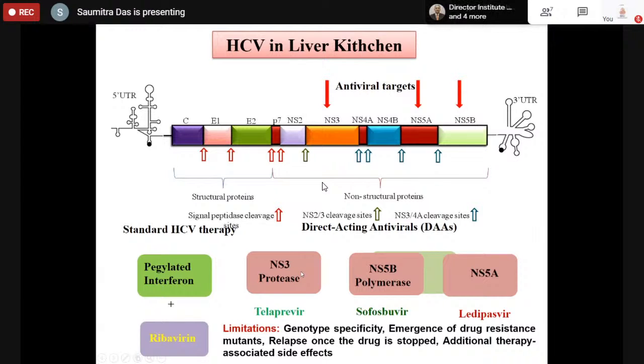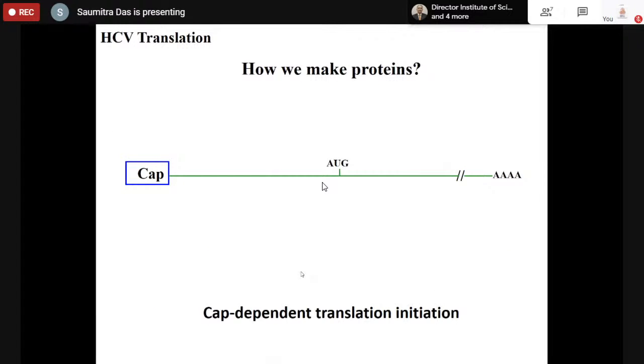So, people are still continuing to understand the biology of the virus, to understand whether it is possible that we can have an additive therapy or additional therapeutic approach which will be more effective and will probably bypass the emergence